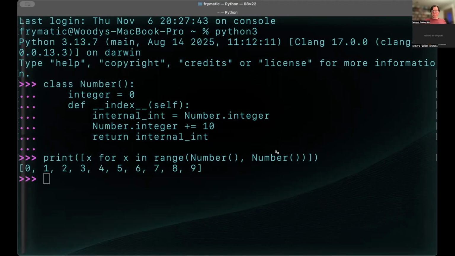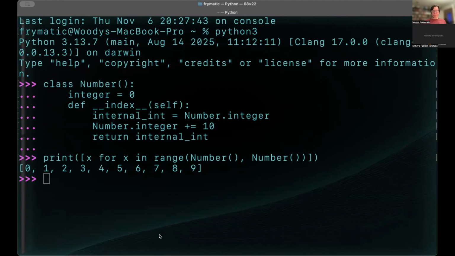Okay, Robert has some commentary here. Robert, you want to walk us through what you got there? Yeah. So the trick is that the range calls number, right? And whenever a function or a class needs to return a numerical value, it calls dunder index, right?